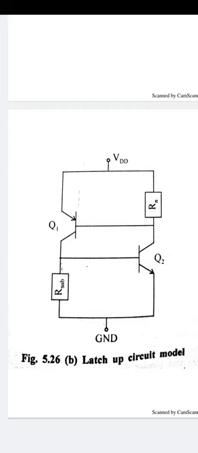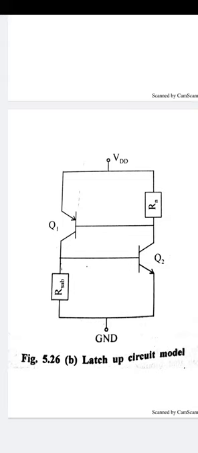When both transistors are on, in the back to back condition, the collector of the first transistor Q2 is connected to the base of transistor Q1, and the collector of the PNP transistor Q1 is connected to the base of the NPN transistor. In the positive feedback, when the current gain of both transistors is nearly equal to or greater than 1, we get the current equation I equal to ICO1 plus ICO2 divided by 1 minus alpha 1 plus alpha 2.